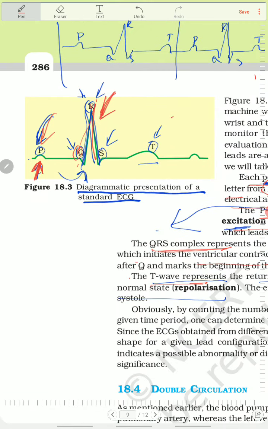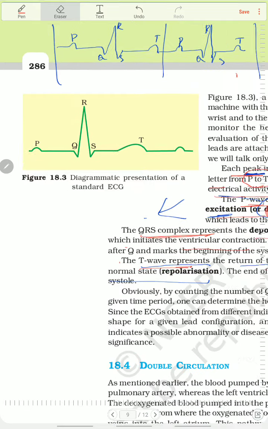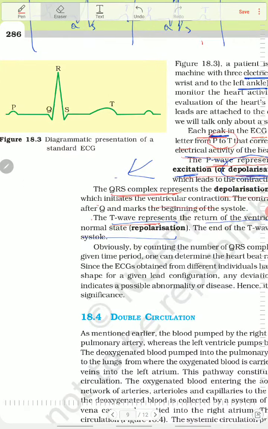Okay, students, in your NCERT, they will simply give this diagram, taken directly from your textbook, and they may mark the different peaks of this graph using the alphabets, and they may ask you a question. These types of questions may be framed in your examination. So this is all with respect to the content of the NCERT textbook.